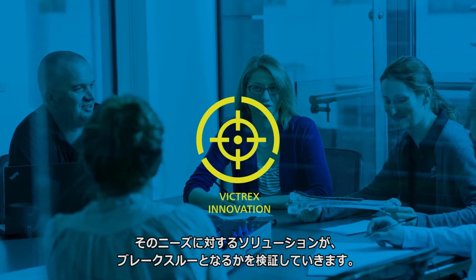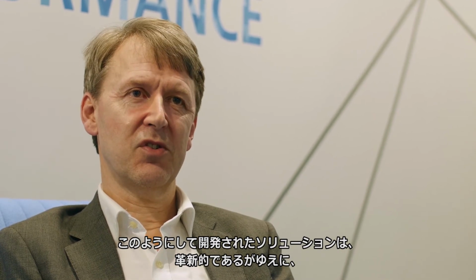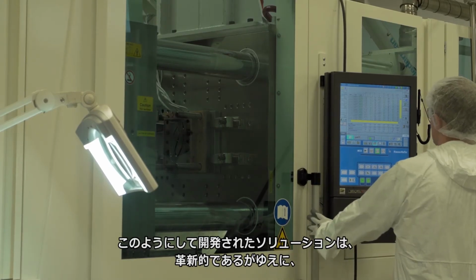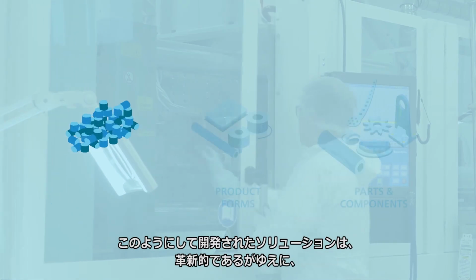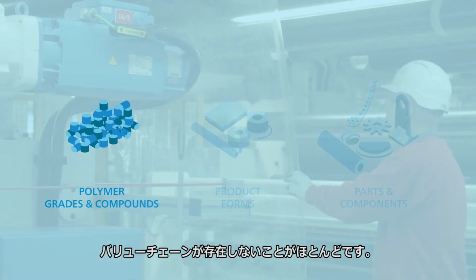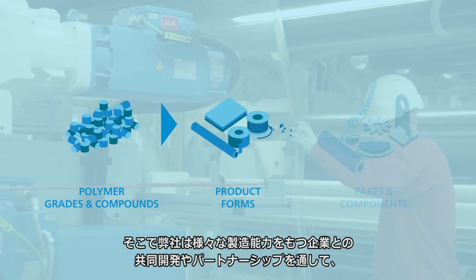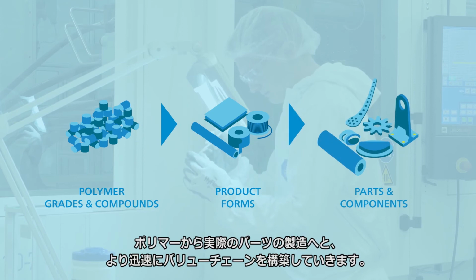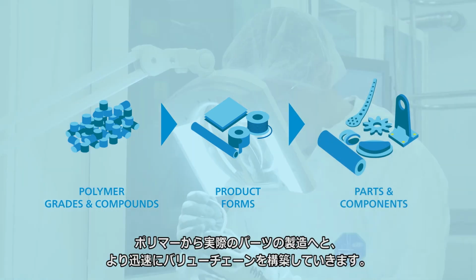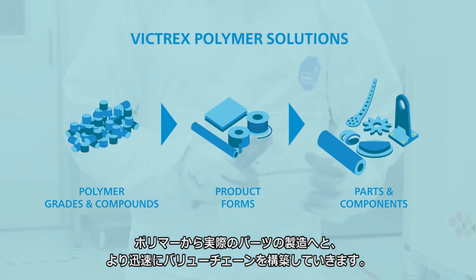the market opportunity. When we look at delivering new solutions, we often find ourselves in a situation where we're doing something so different that the value chain doesn't exist. And as we look down the value chain from forms into parts to build that, it's often easier, quicker and better for us to work with partners in the supply chain space who have the capability already to make similar